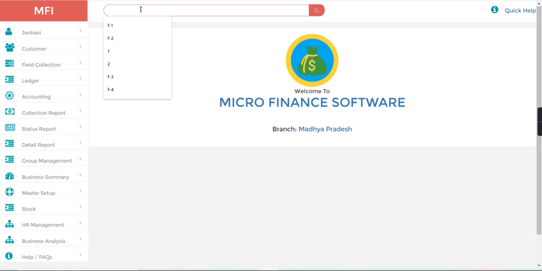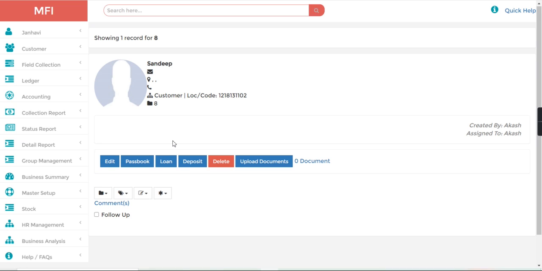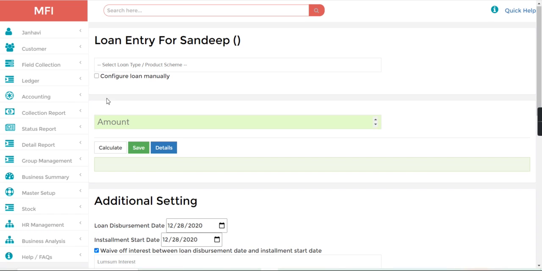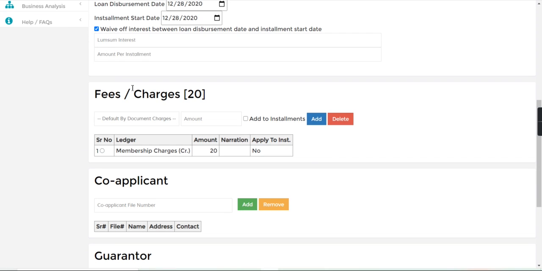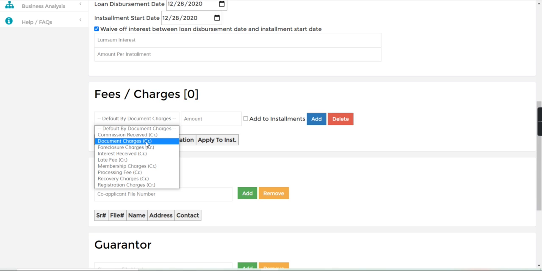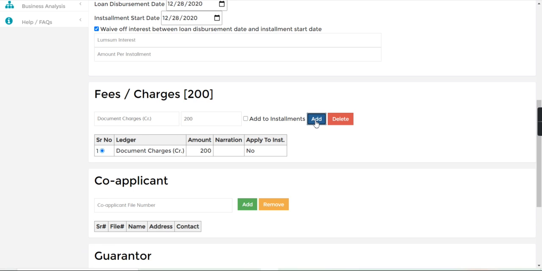Now let's search one customer. Let's say F-8. So this is customer Sandeep. Now let's go click to the loan. So here I will select the product scheme and for example let's say 10,000 loan amount, and here I have added some membership charges, so I will just delete and I want to add the document charges, let's say 200, and I will add.